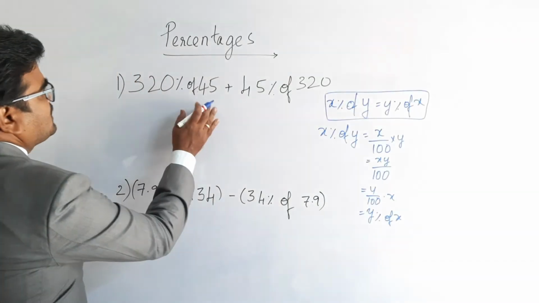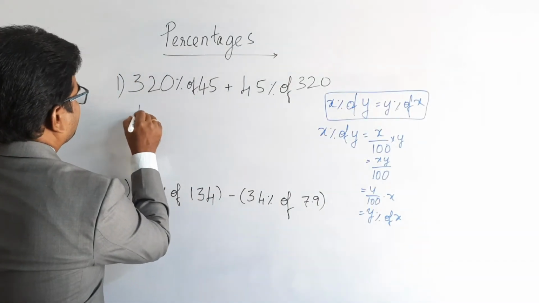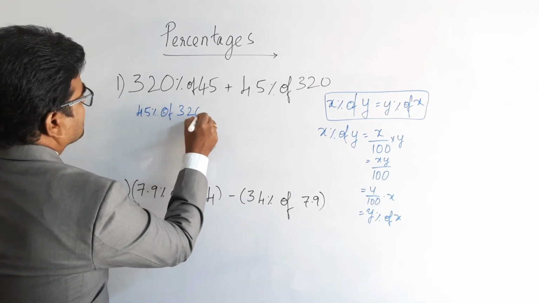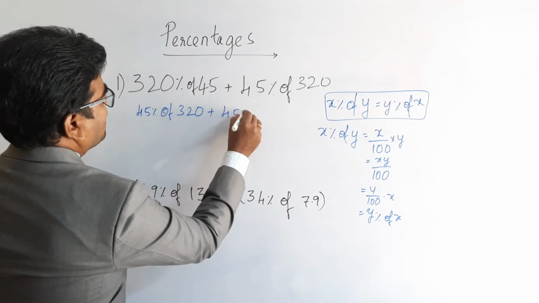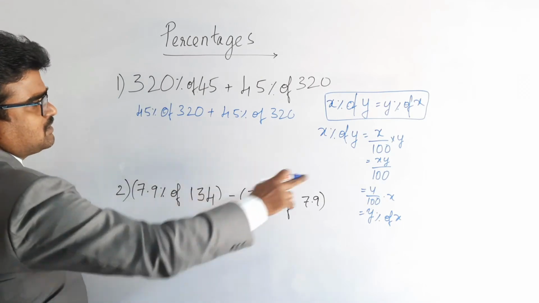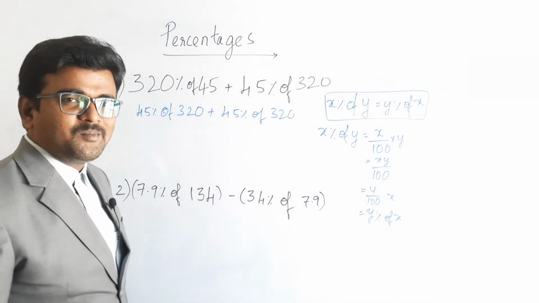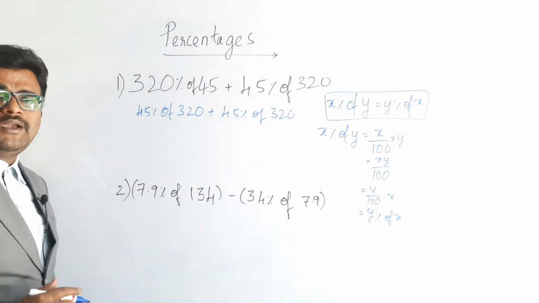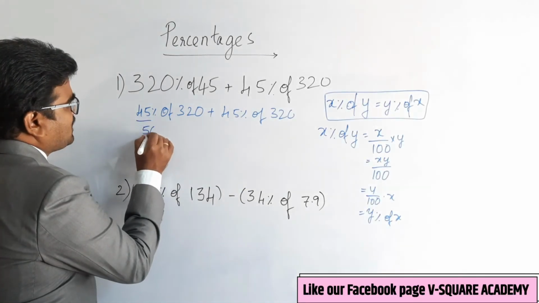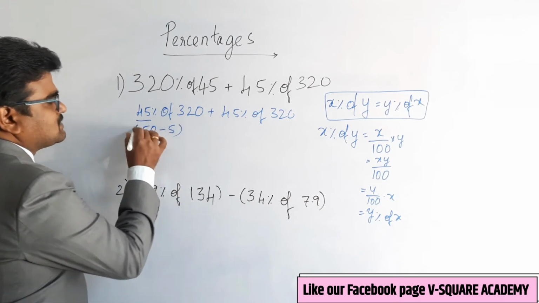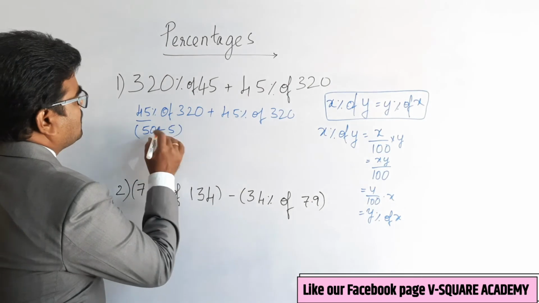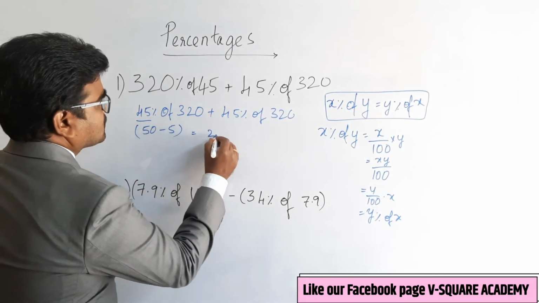So if you see this, I can change this here like this: 45% of 320 plus 45% of 320. I have changed these both with respect to that particular formula and principle. So what is 45% of 320? First, to calculate, split this. That means 50% minus 5%. And finally you can write this as 2 into